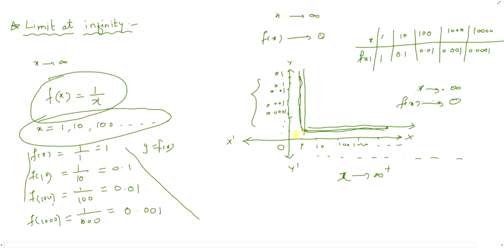Isn't it? So we can say that as limit x tends to infinity, the limiting value of f(x) is what? 0. That is, limit x tends to infinity, and this is a particular type of function, that is 1/x. If limit x tends to infinity and the function is of the form 1/x, then its limit is what? 0. Okay, we can say that it is one of the standard forms. So this is the explanation of what we mean when we say limit at infinity.